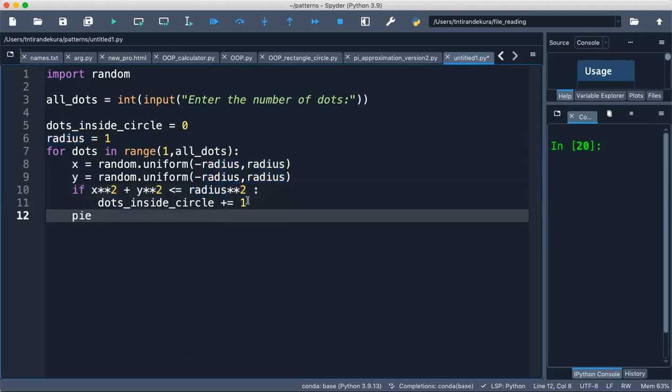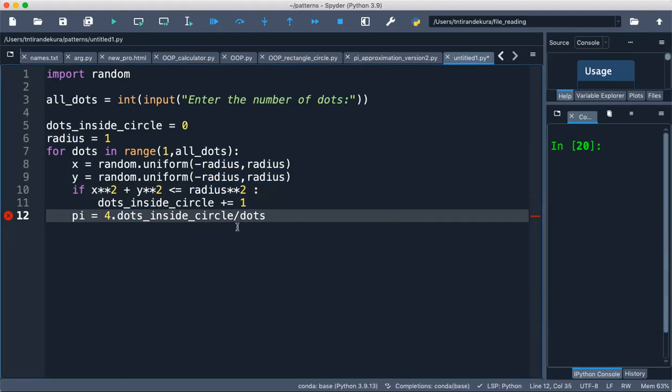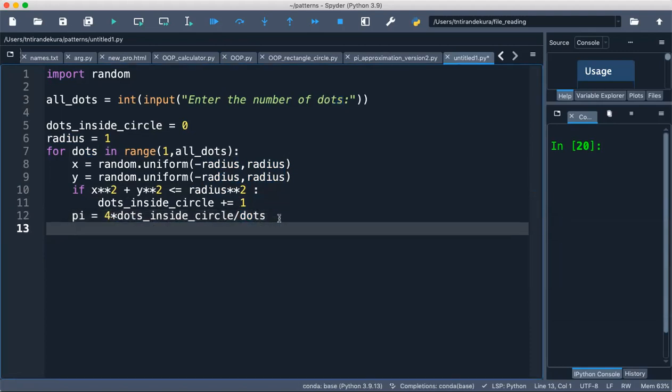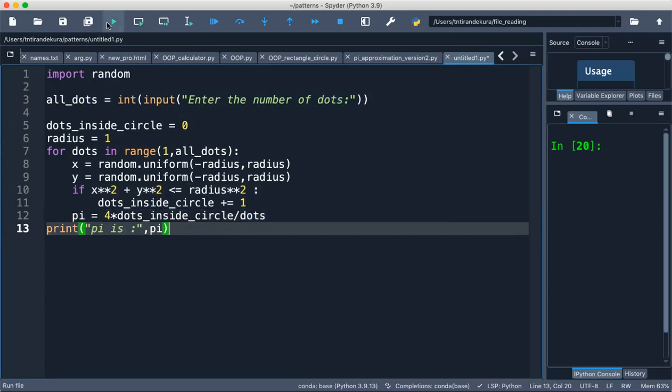Here I will set pi equal to 4 times dots inside the circle over dots. Yeah. And here we print pi. If we run this,